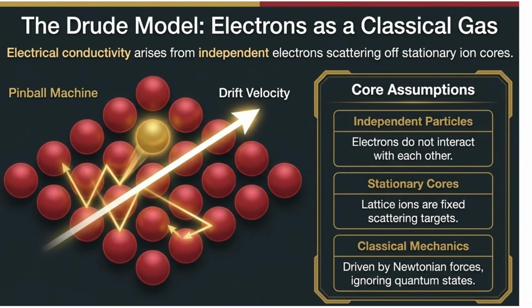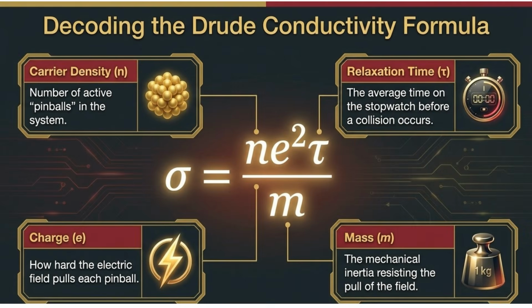We begin with the Drude model. It treats electrons as a classical gas, scattering off stationary ion cores. Its core assumptions are independent particles, stationary cores, and classical mechanics. The Drude conductivity formula, sigma equals Ne squared tau over m, defines conductivity using four key parameters: carrier density, charge,